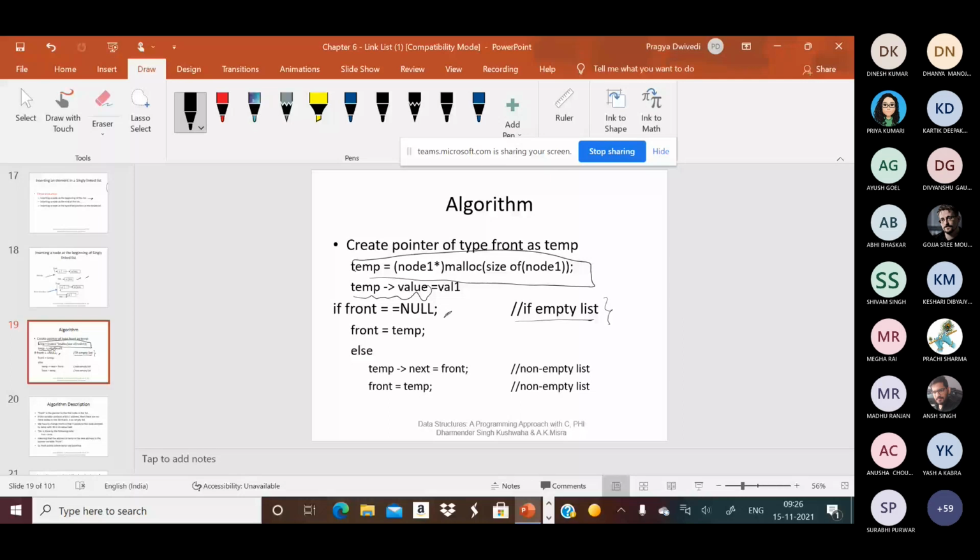So this is the first node as well as the last node. If this is the last node, then temp's link will be null. So the start pointer is pointing to this node, so the start pointer contains the address of this node.